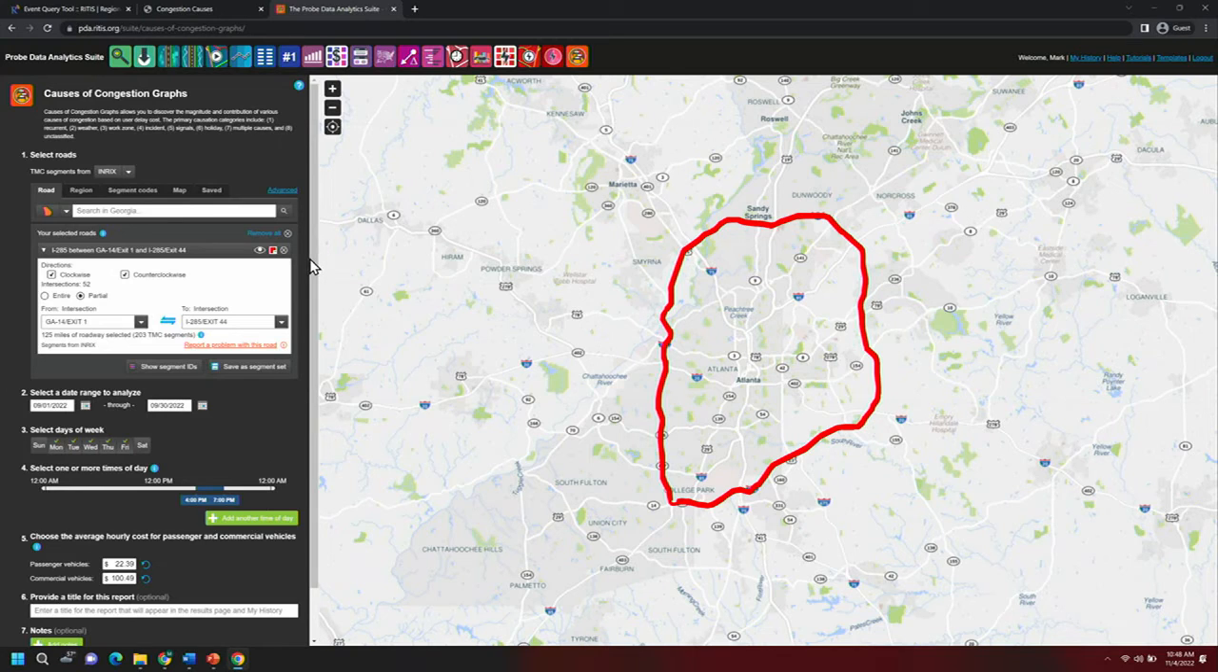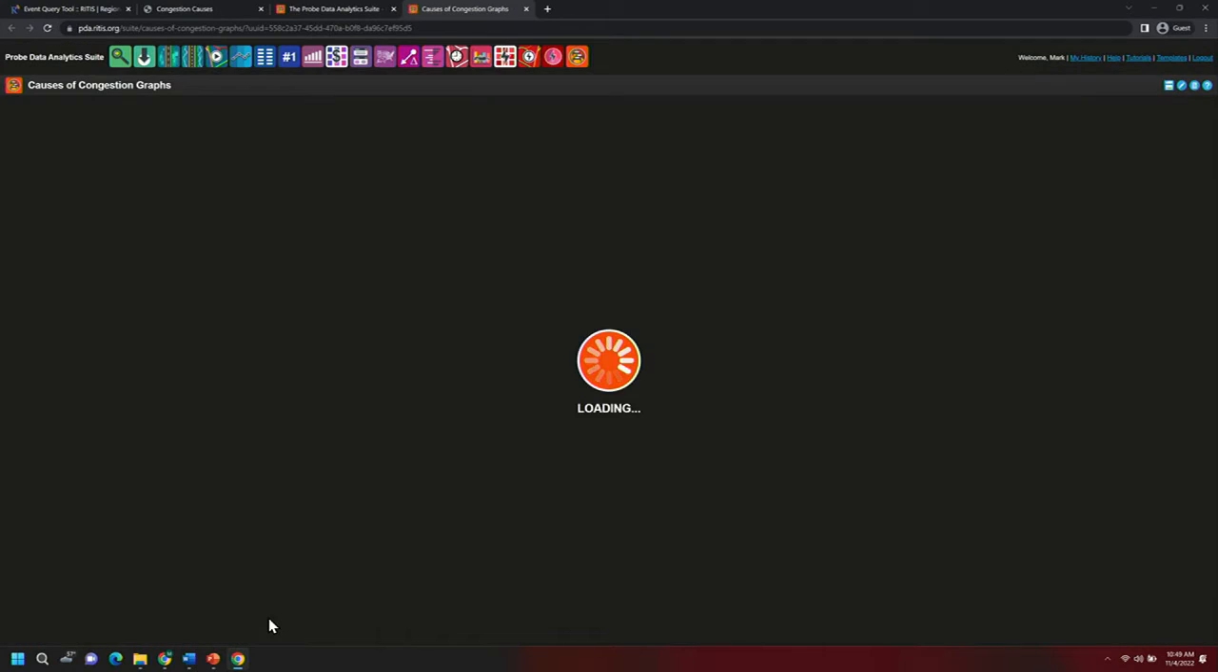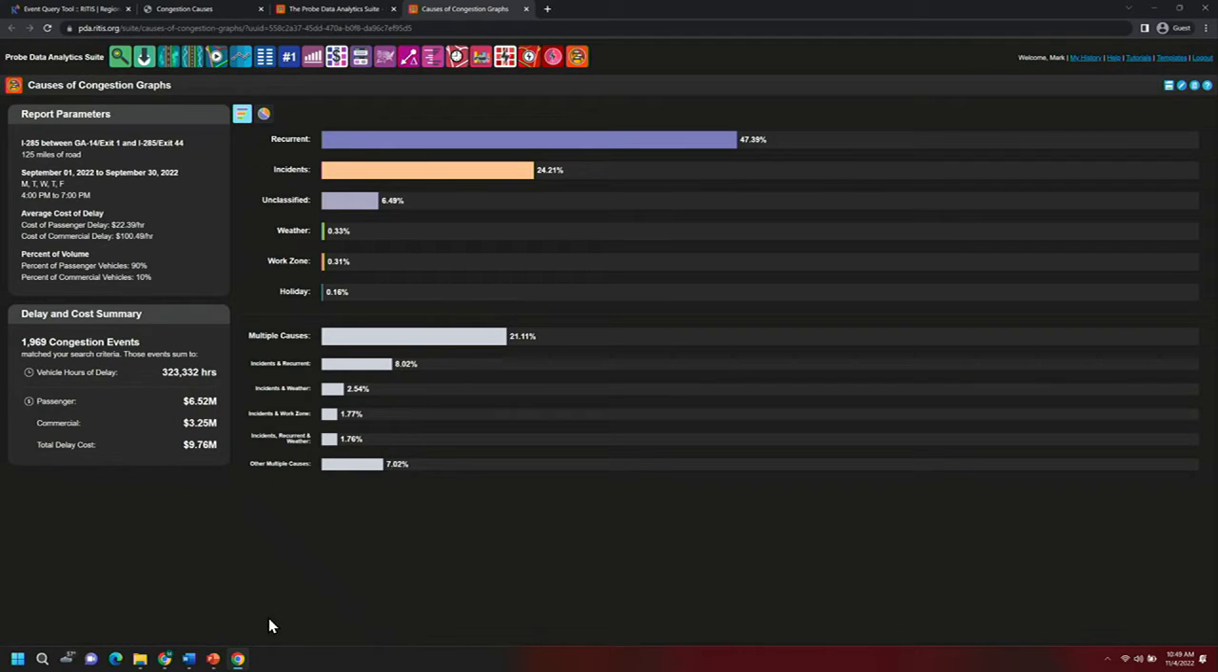But you can really search for any road where we have the data. And then it asks you to provide inputs for both passenger vehicle and commercial vehicle value of time. The default gives you the national average, but you can customize those and put them in your results. So I'll go ahead and hit submit here. And you can see it's running a full month of data for that Beltway,